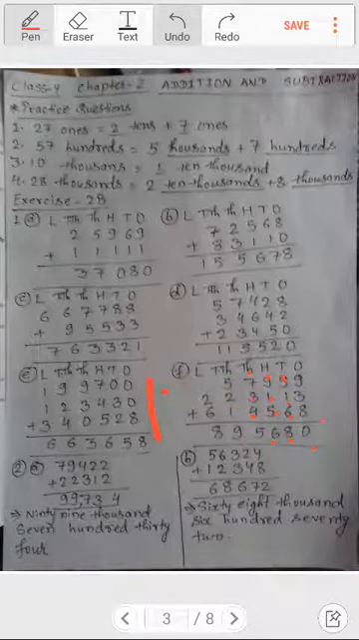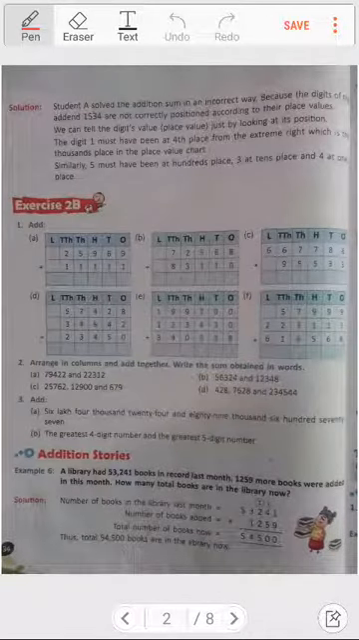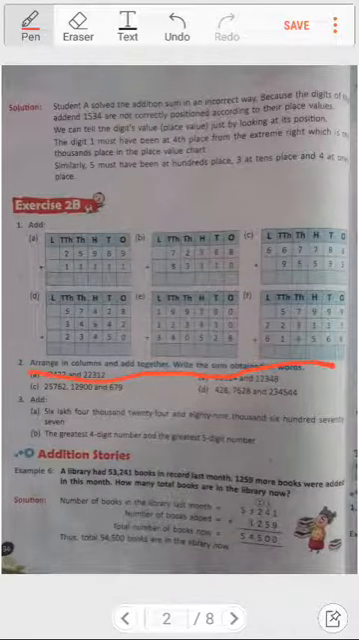If you see question number 2, in question number 2 it has been said to add, and after adding it has also been said to write in words. I will show you the question. Here you will see: arrange the columns and add together, and write the sum obtained in words. So the first question is what it is,